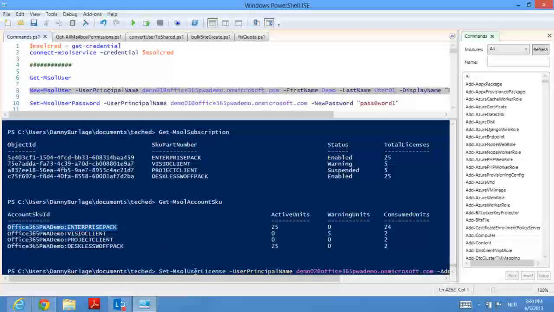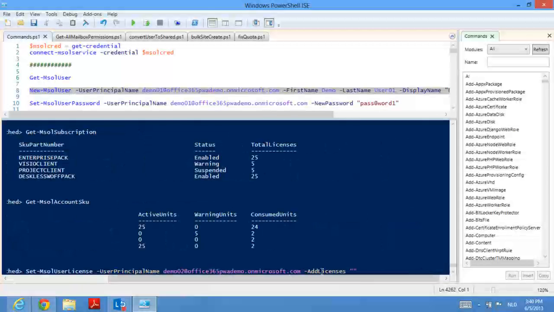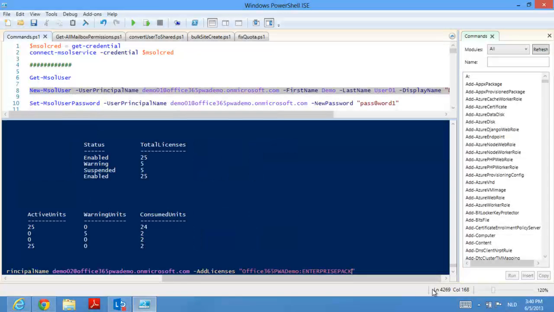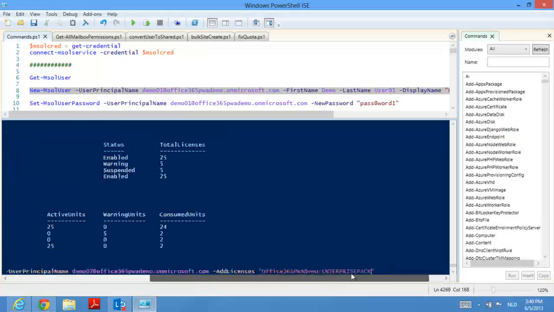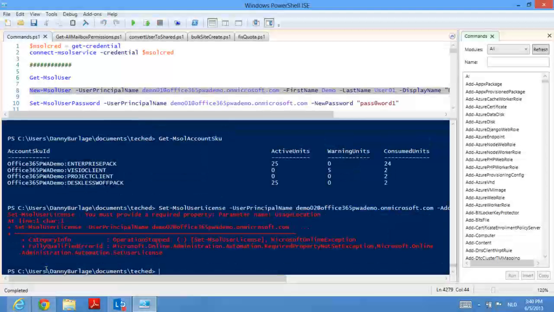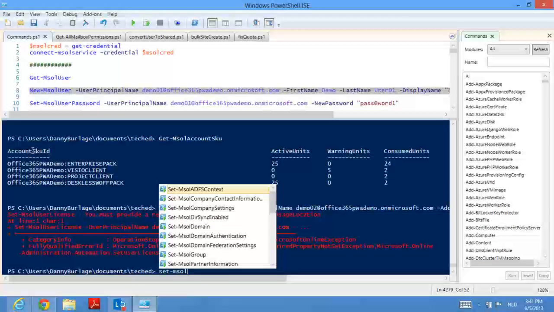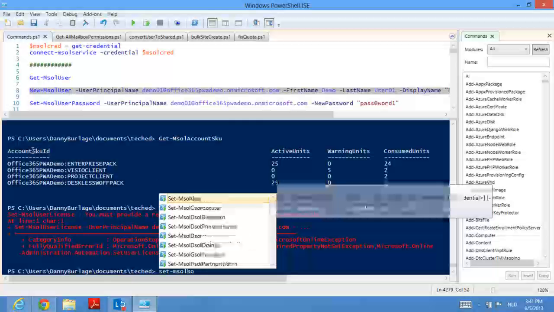These license names are kind of cryptic. The enterprise pack or the deskless without office pack. But in the end, you get to know them. All right. And right here, the error message I will get is basically telling me that the usage location for the user has not been set. So in order to add a license to a user, I will need to set the usage location, which is Set-MsolUser,